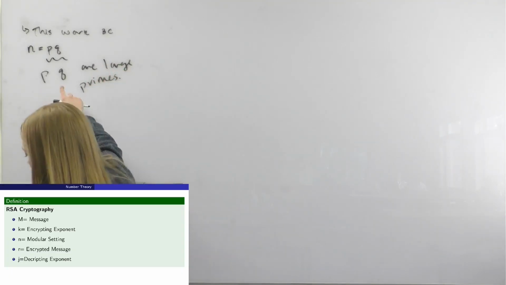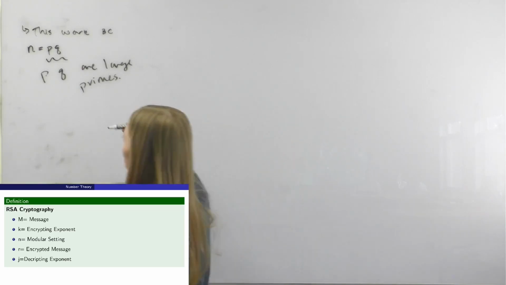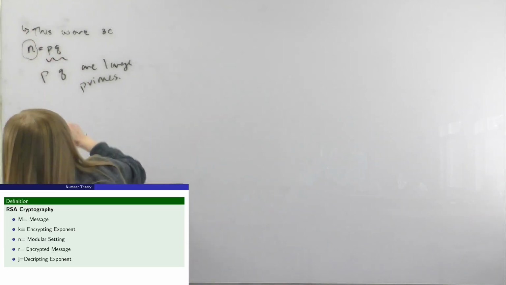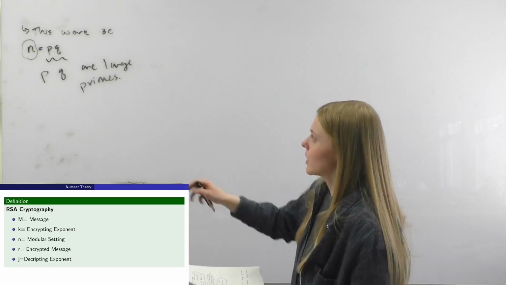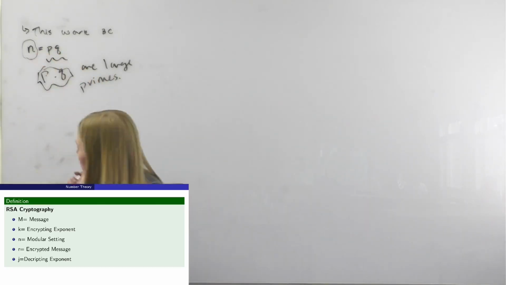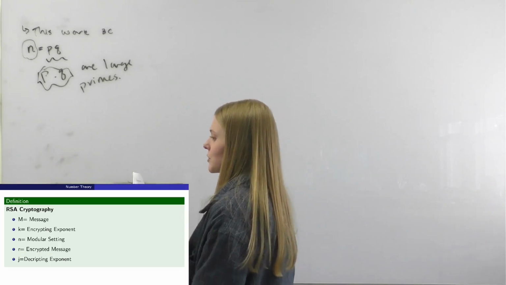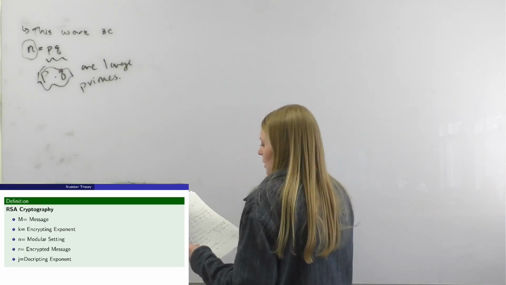And they're going to be so large that it's beyond computational ability to factor this quickly. So it's very, very hard for someone to factor this to decode the message. So that's the really short version of how RSA works. But